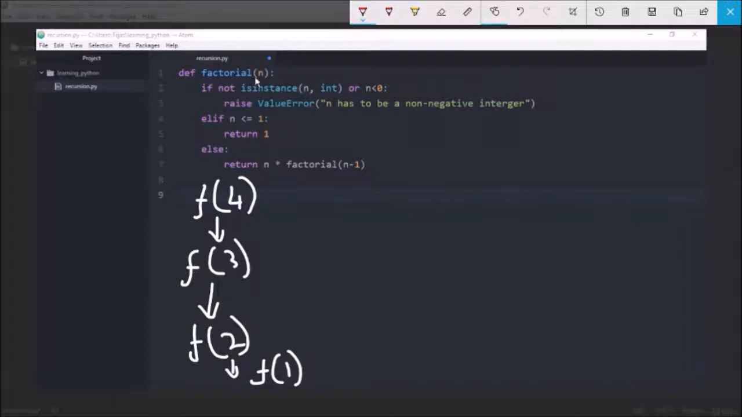So when factorial is given the value 1, it will go through the if statement and it will return the 1 because n is less than or equal to 1. So this function here will now return a 1. So this factorial n minus 1, so 2 minus 1, will give back a 1. So factorial 2 will do 2 times the 1 which it got returned,